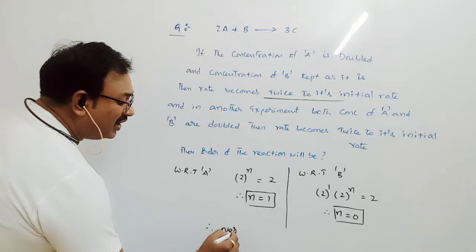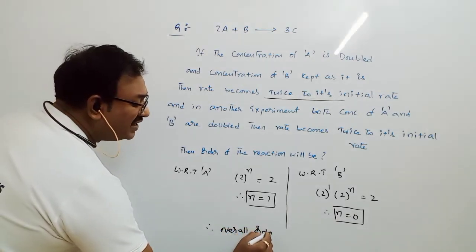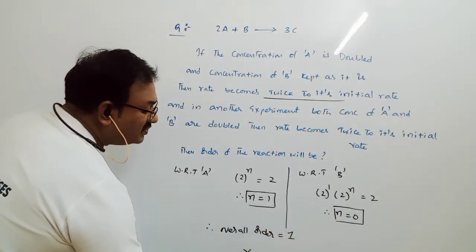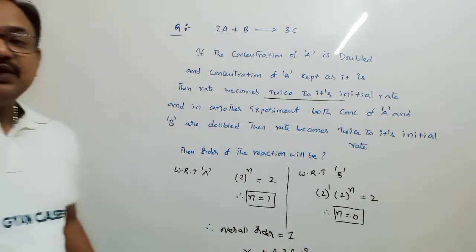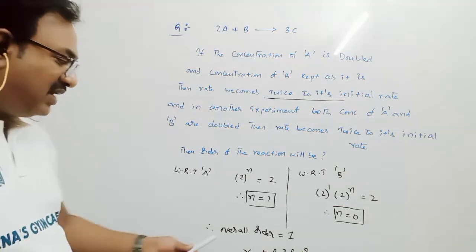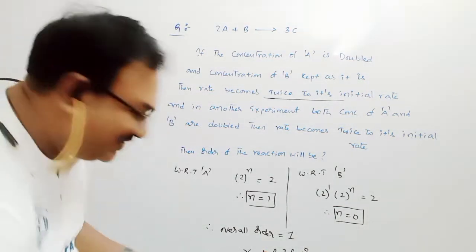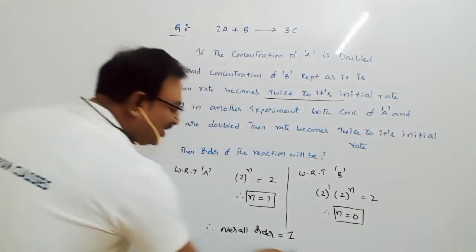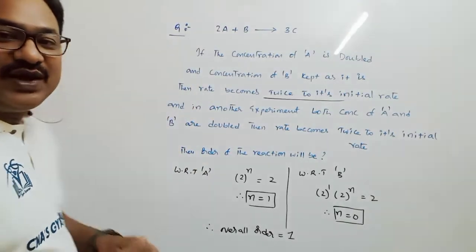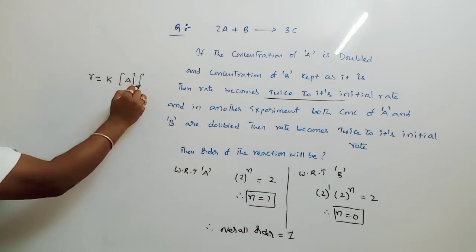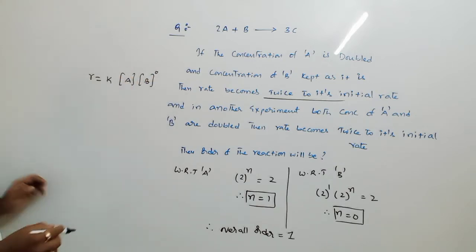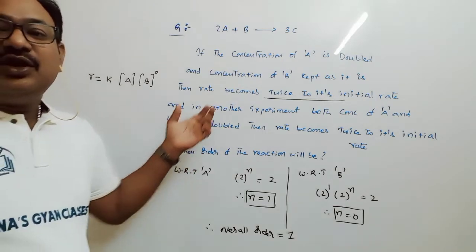Therefore overall order, what will it be? Overall order is equal to 1, and rate expression: K is equal to concentration of A into concentration of B power 0. Have you understood? So overall order is equal to 1. Therefore rate law can be expressed as R equal to K into concentration of A into concentration of B power 0. Is that clear? Why? Because